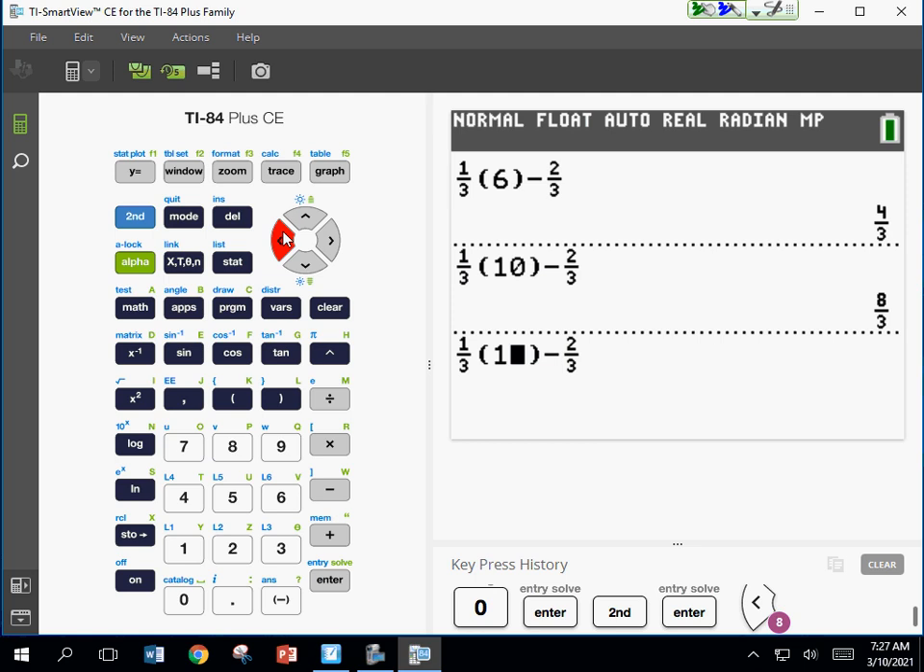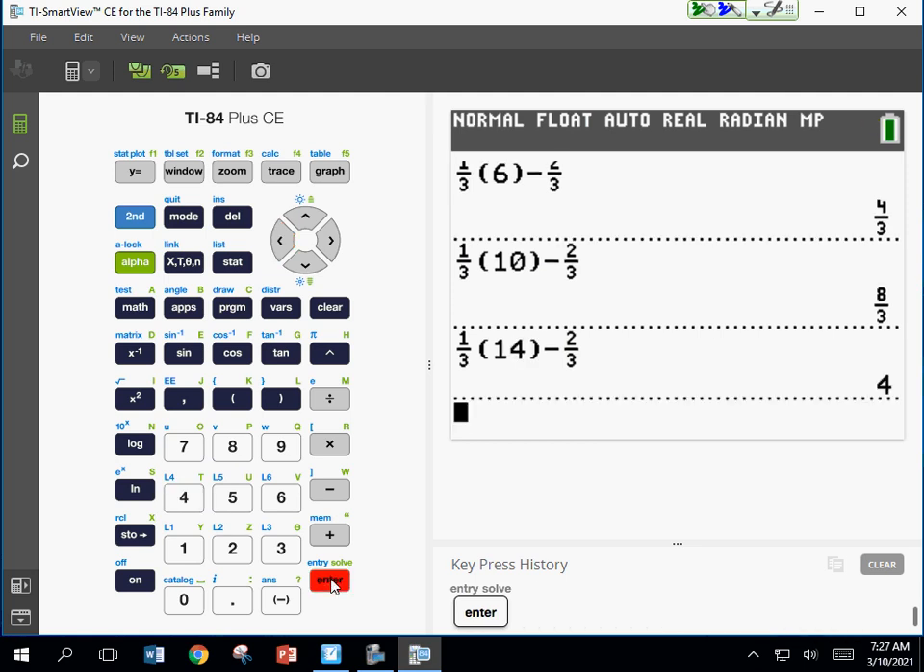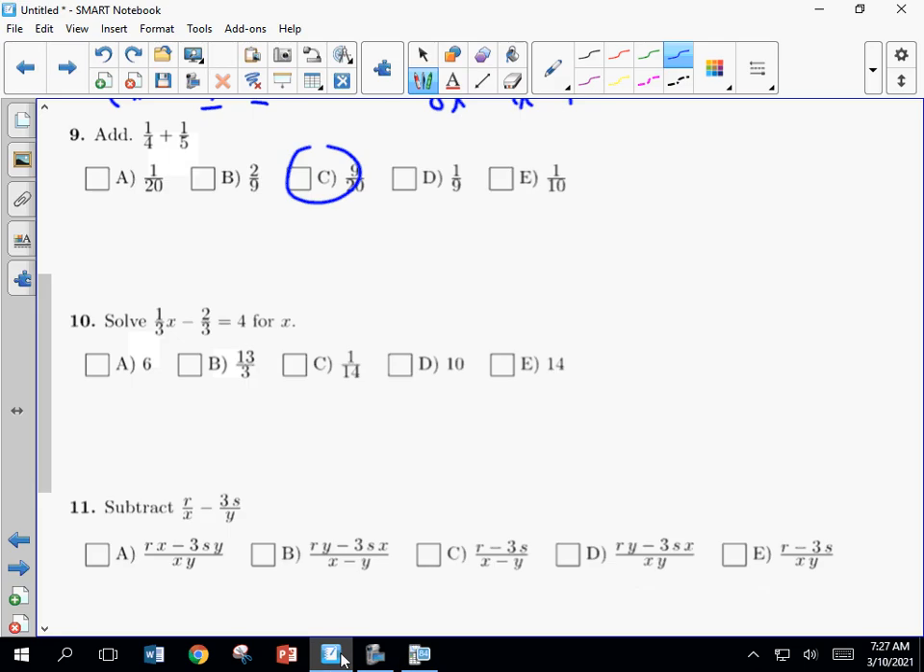Go back, change that to 14. Good, so the whole numbers work. So 14 is the one that worked. Now, if you don't want to plug in the answer choices,